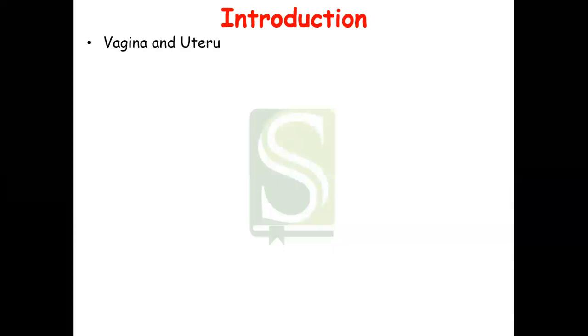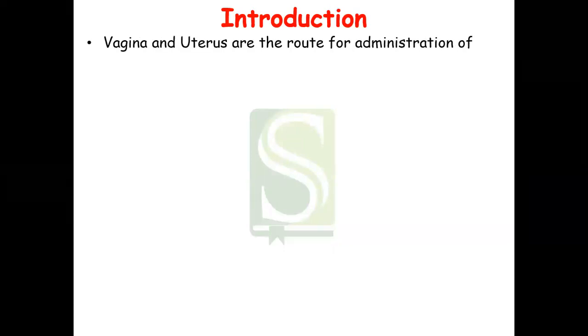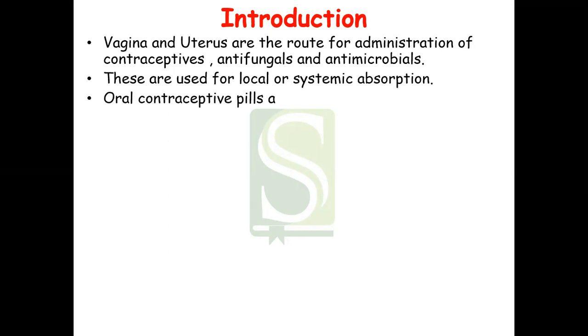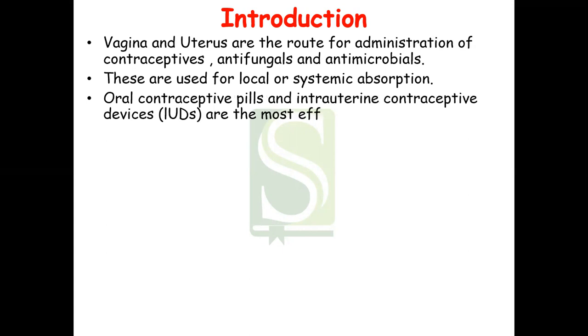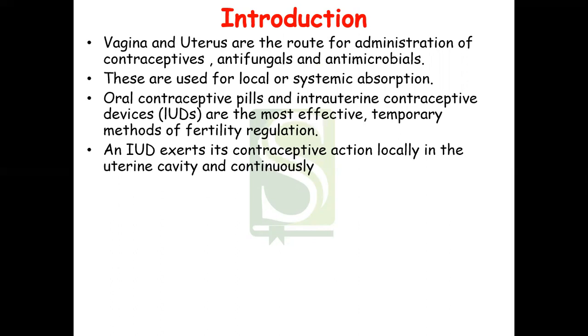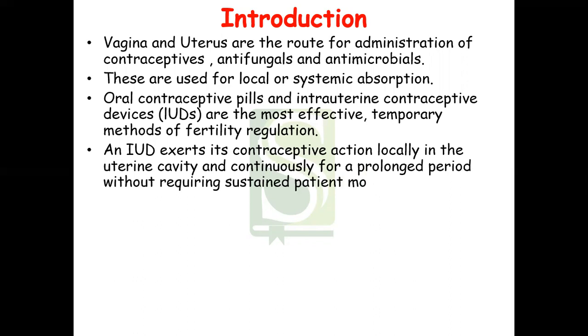So, vagina and uterus are the route for administration of contraceptives, antifungals, and antimicrobials. These are used for local as well as for systemic purposes. Oral contraceptive pills and intrauterine contraceptive devices, which are abbreviated as IUDs, are the most effective temporary methods of fertility regulation. An IUD exerts its contraceptive action locally in the uterine cavity and continuously for a prolonged period without